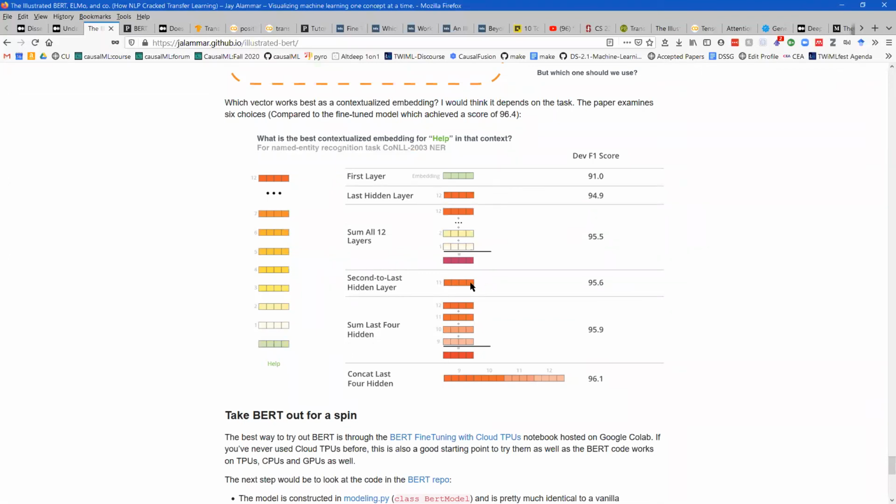Just use the second to the last one. Sum all 12 layers. Just use the last one. Just use the first one. And then he gives scores, F1 scores. I'm not sure what dev means, but